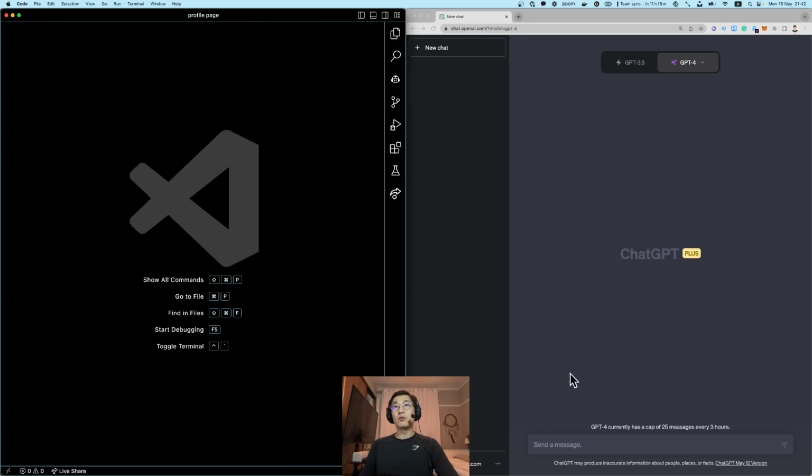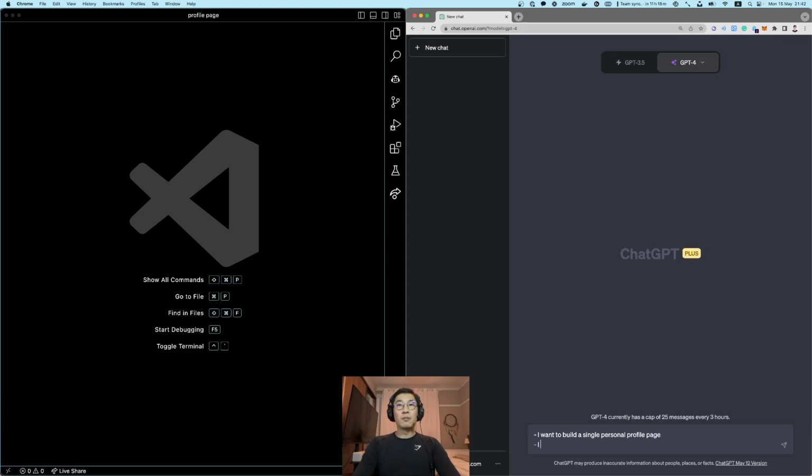And I will be talking to GPT-4 now. What you want to do in the beginning is set the stage up and communicate to GPT-4 as if you're communicating to a teammate, or from a senior programmer like myself. From my point of view, I will be talking to GPT-4 as if I'm talking to a junior programmer. So I'm going to be saying something like, I like to use bullet points, by the way. I want to build a single personal profile page. I want to use only HTML and CSS. I want the page to be minimalistic